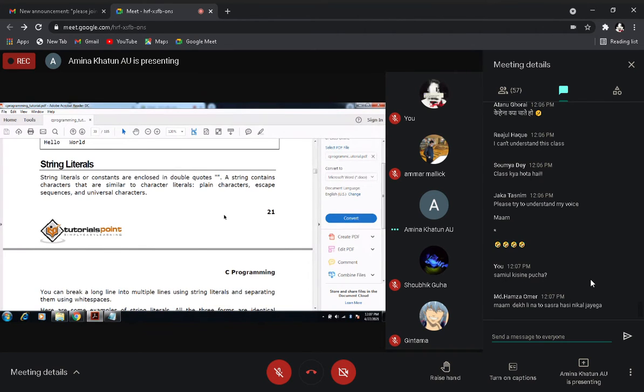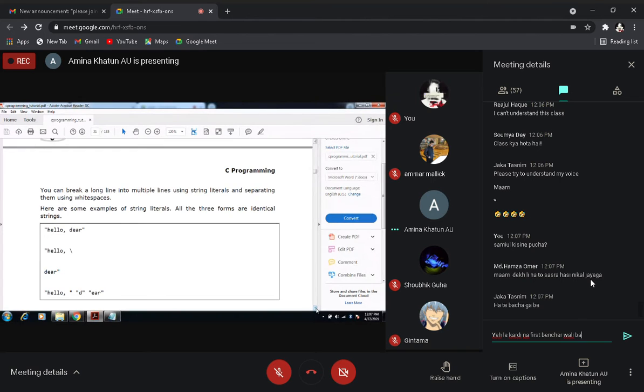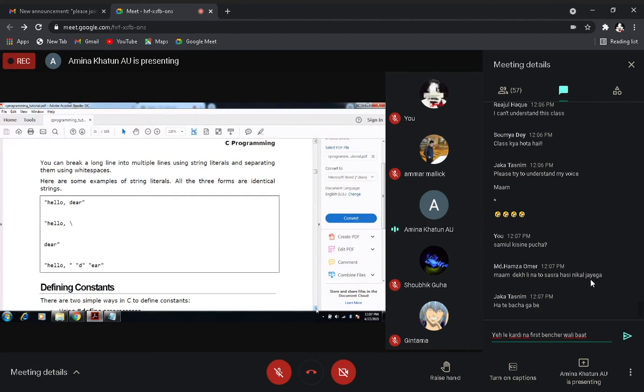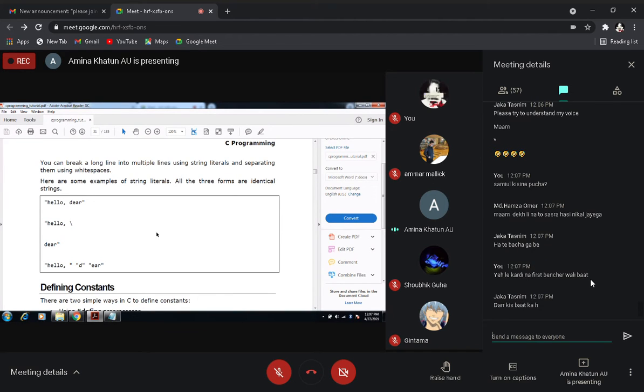So it is a collection of plain characters, or it can be an escape sequence or a universal character. Suppose you have taken some string, hello dear or hello slash dear. So in different ways, you can take that string literal.